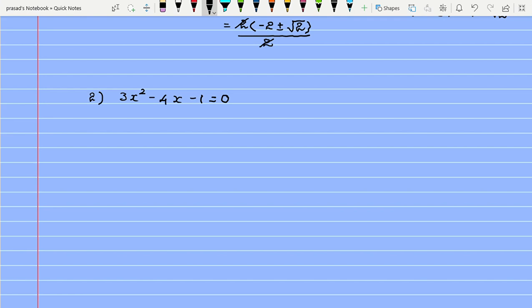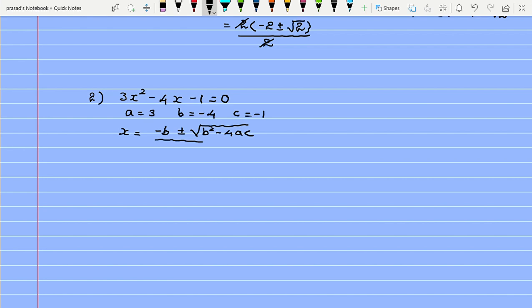Again, now this is already in the standard form. So compare with ax square plus bx plus c equal to 0. So in this case, a is equal to 3, b is negative 4, c is negative 1. Put it in the quadratic formula. So x is negative b plus or minus root b square minus 4ac